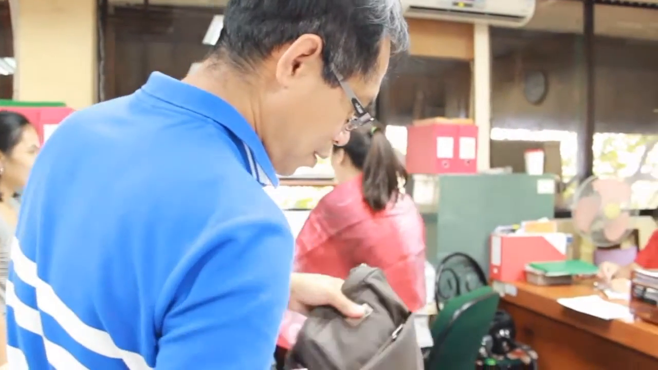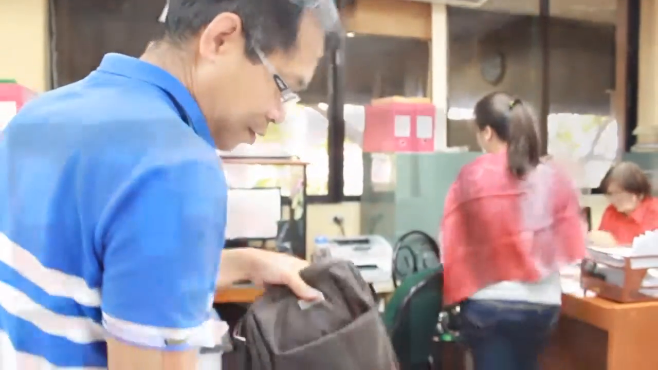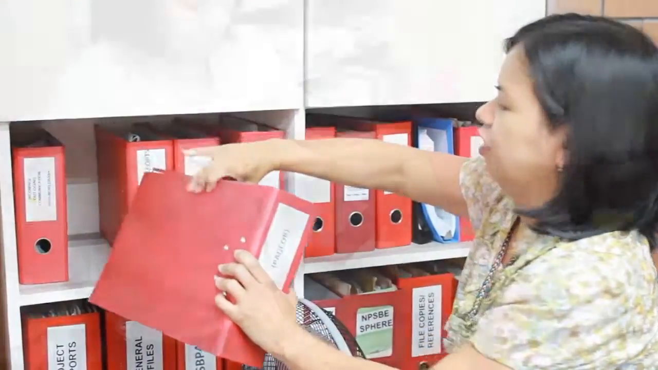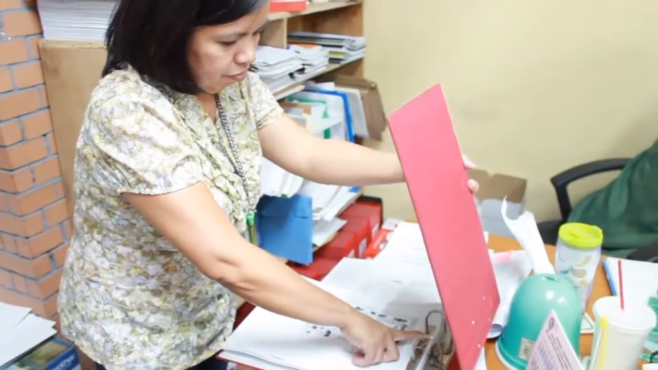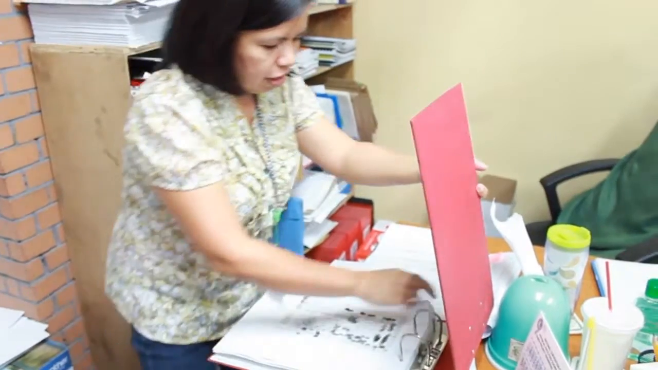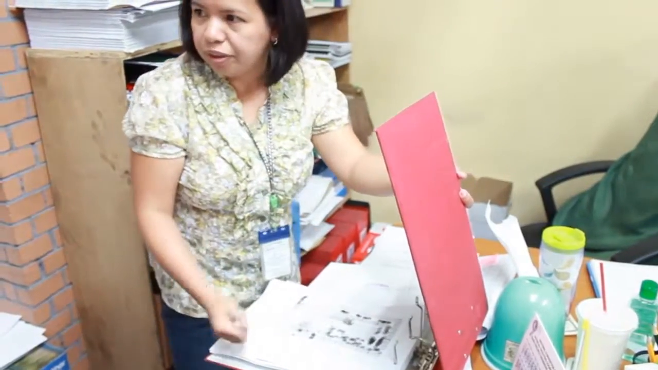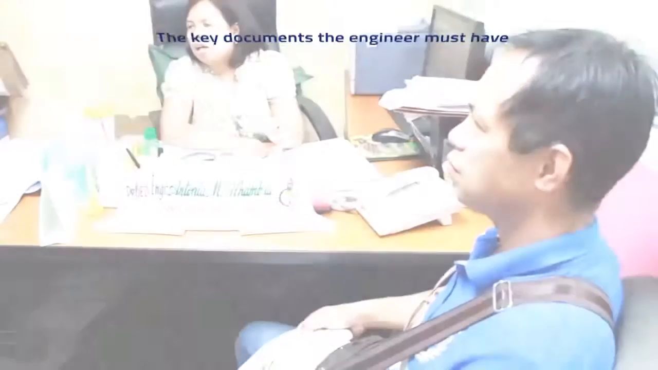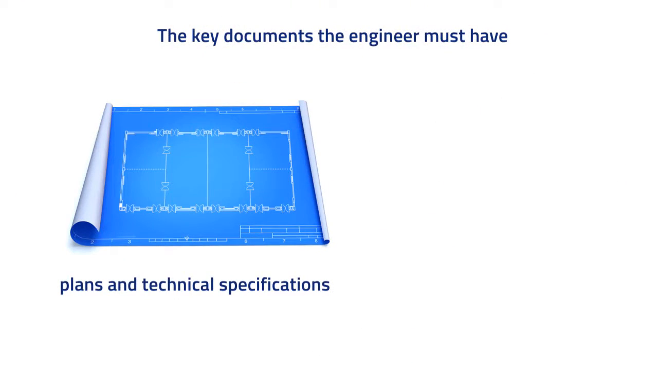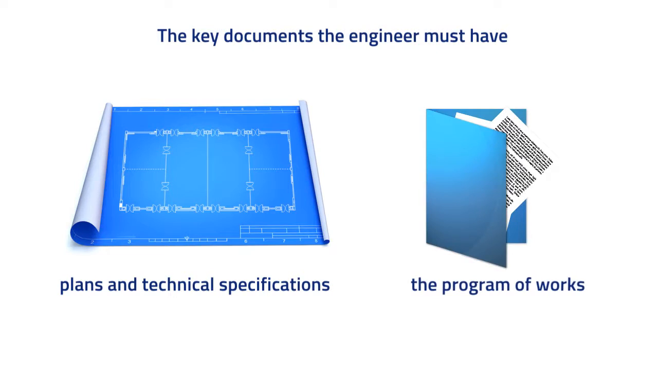Documents to be collected before construction. The engineer must ensure that he or she collects copies of all relevant documents so that they can be referred to during construction to ensure that the building works follow agreed plans. The key documents the engineer must have are plans and technical specifications, the program of works,